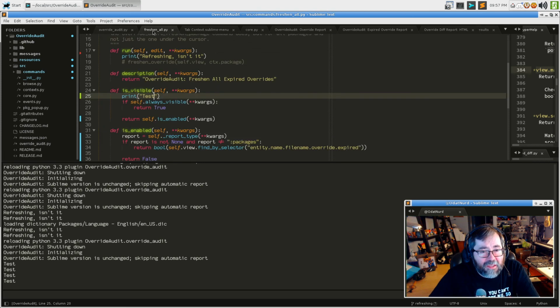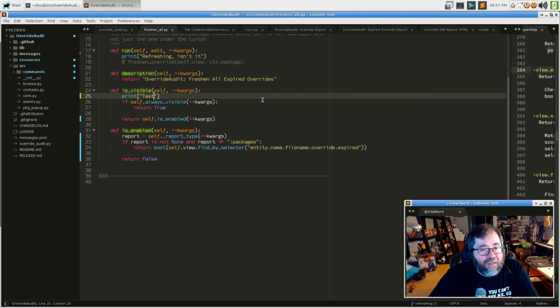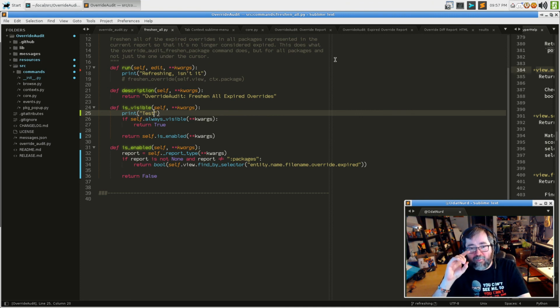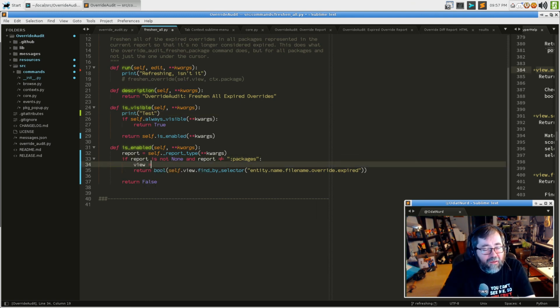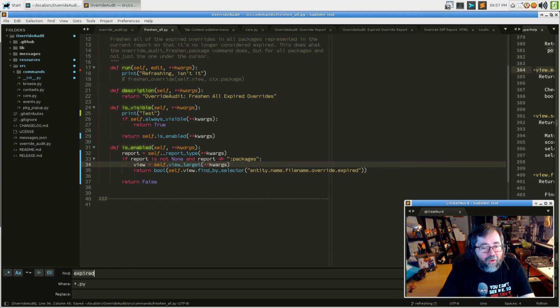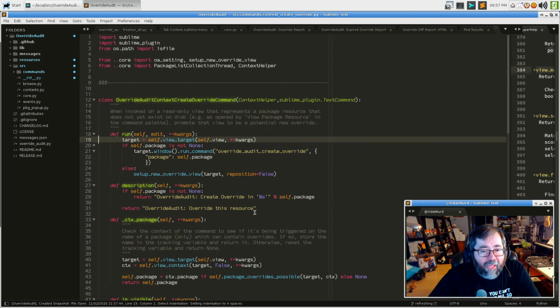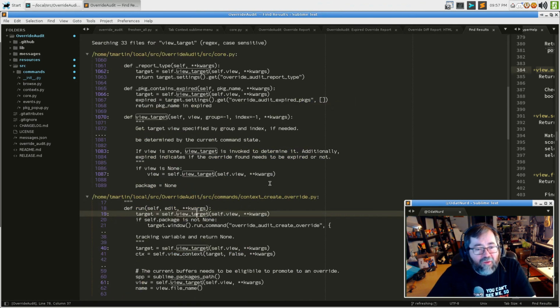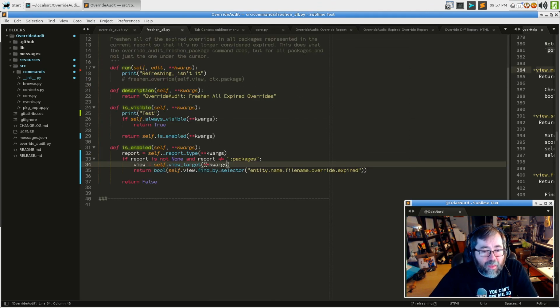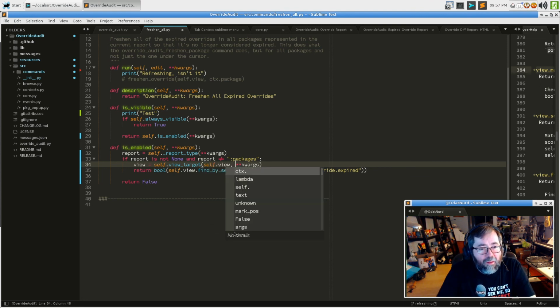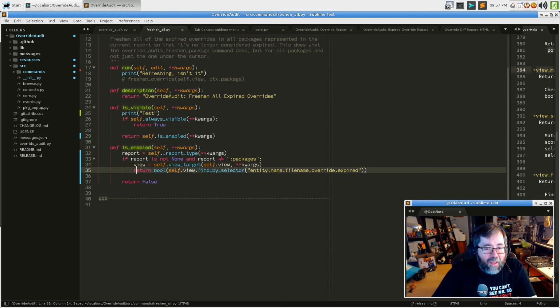Oh, I know why that's the case. Okay. If we're going to do it in a tab, then you can't do this with self.view. You need to say view equals self.view target. And I need to remember how you invoke this thing. Give it the current view and that, because it has a little bit of a fallback. Okay. Whoop. And then this can be view, which has the delightfulness of making that slightly shorter. Okay, so